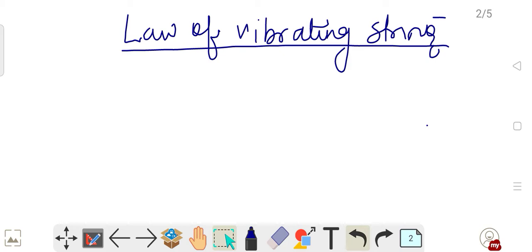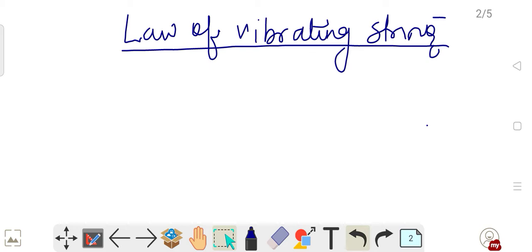Till the previous lecture, we have studied about vibrations produced in a string and vibrations produced in an air column. This we have seen very nicely in the classroom lecture. Today, we will study first the laws of vibrating string, then sonometer, and then beats. This is our agenda for today, and your chapter will get completed by today.